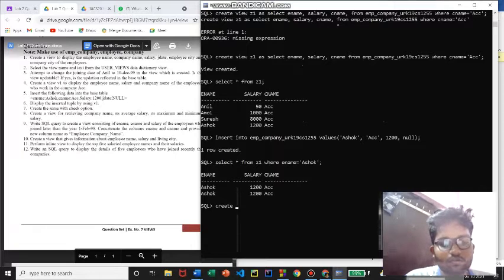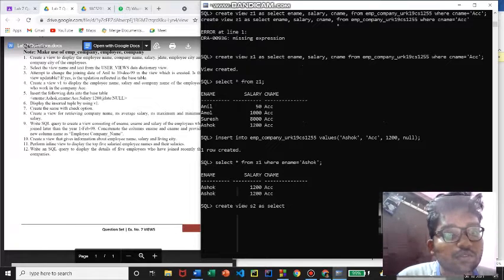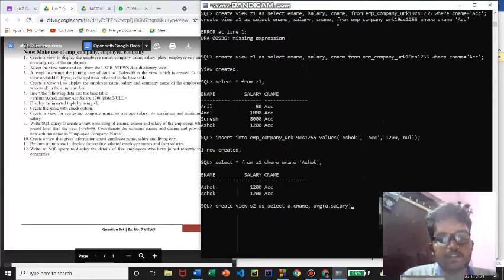Create view S2 as select company name, its average salary, right? Select company name, average of salary, and maximum and minimum salary. So we'll give the attribute name for this column, and for the maximum salary column also we'll just give the attribute name max, and minimum of A dot salary, minimum from